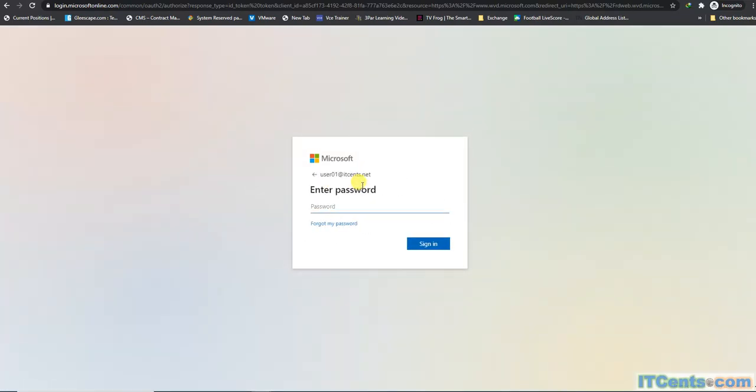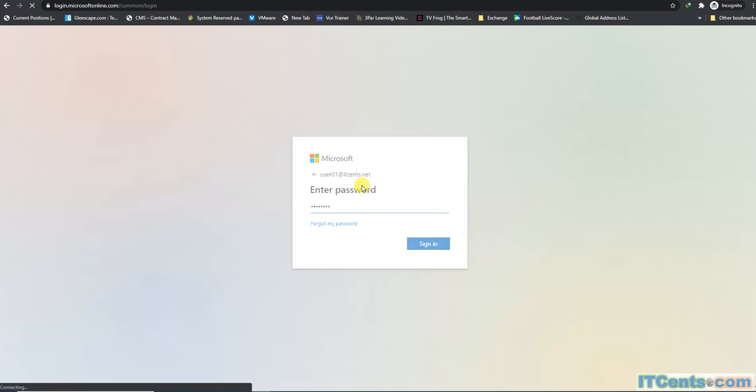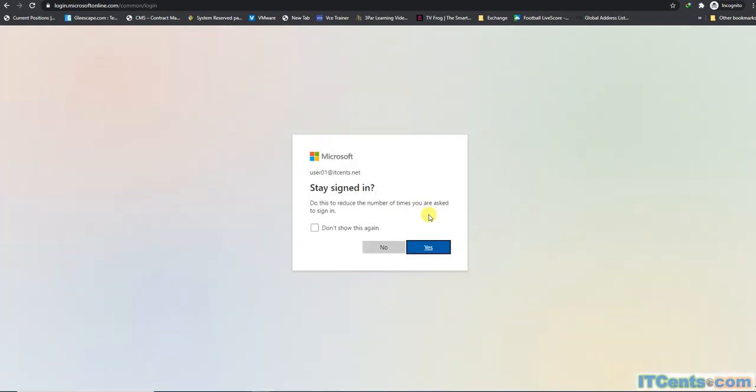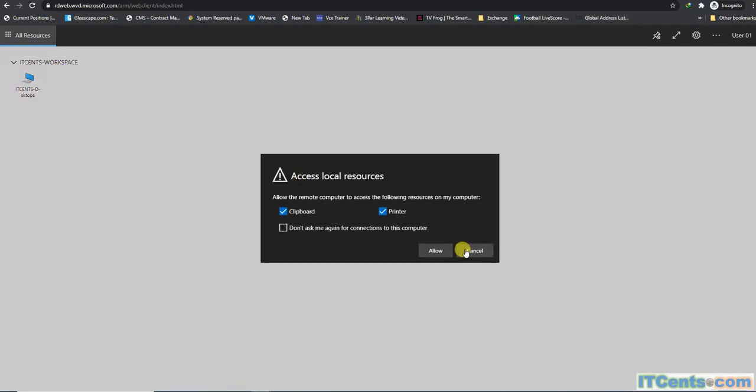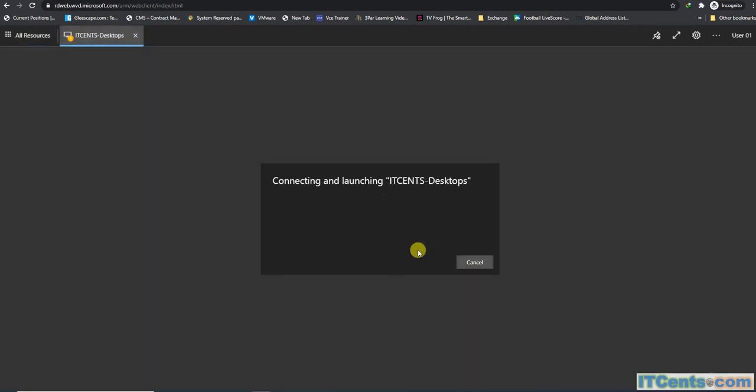And user1 at itsense.net. And let's see. Yes. Get the ITSense workspace in ITSense desktop. So if user one clicks on it and says allow,